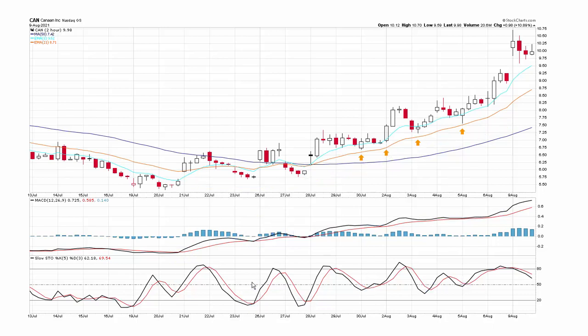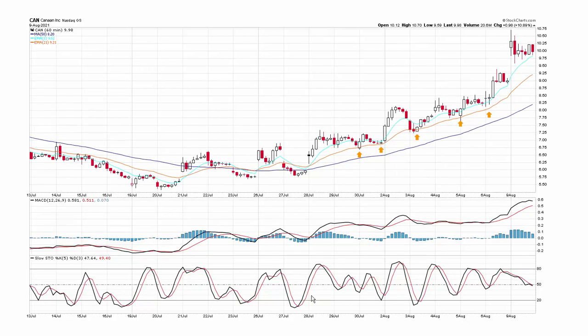All right, let me erase those and just point out, at first we had support from the 21, and then as the momentum started to build, you got support from the 8 and on up. Now let's move on to the hourly chart. This is going to get a little redundant, but that's okay. You have support from the 21 as it gets going. So we obviously have a trend up here.